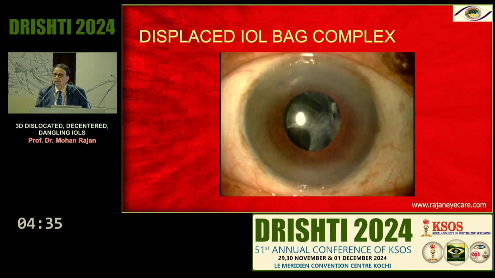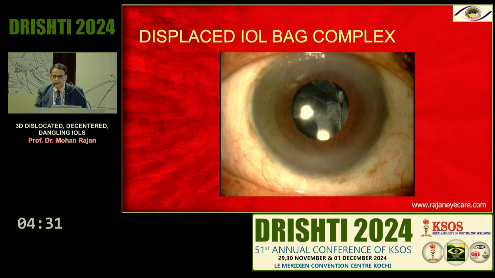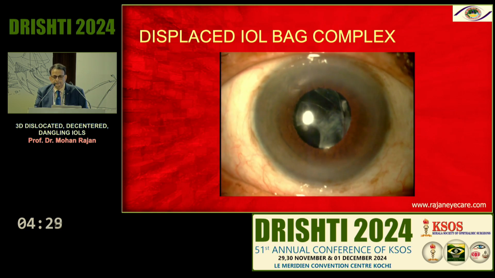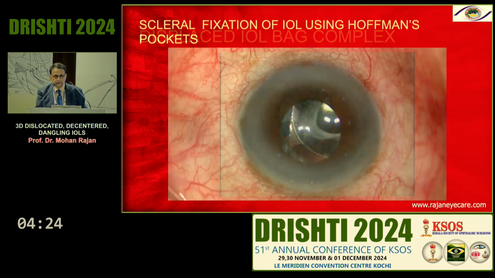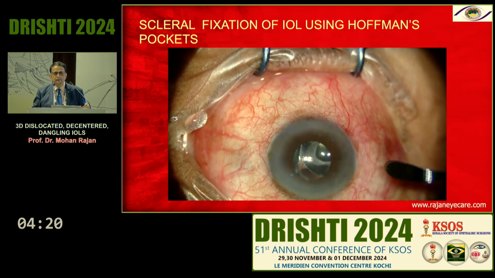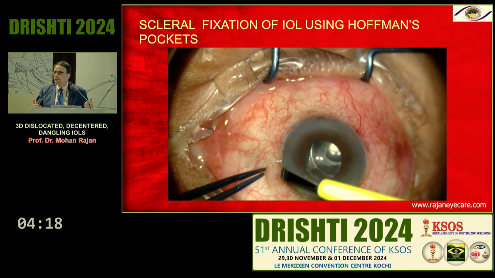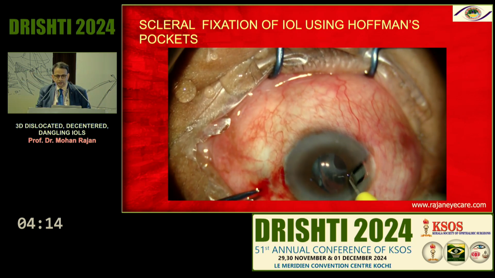Obviously, you cannot glue this lens. If it's a multi-piece, we can glue it. We have externalized the haptic, but a single piece lens we cannot glue. What we have to do is put a suture. So we create a Hoffman's pocket, which is something where we don't open the conjunctiva at all. You go from the anterior, from the corneal side back, and you can see here this is the Hoffman's pocket